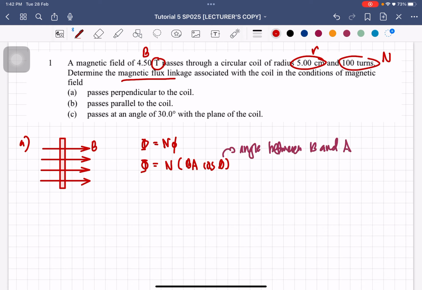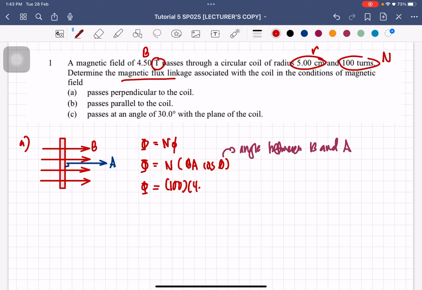So now we know that vector A, which is the area, is gonna be normal to the surface. Okay, so it's gonna be normal to the surface. So this is A. Now we see the angle between B and A is 0 degree because they are both in parallel. So substitute here uppercase phi, number of turns is 100, and then we have B, which